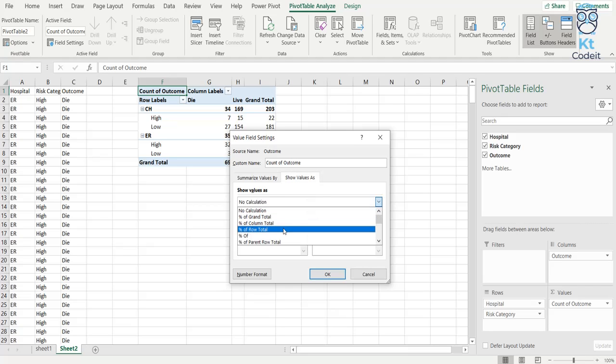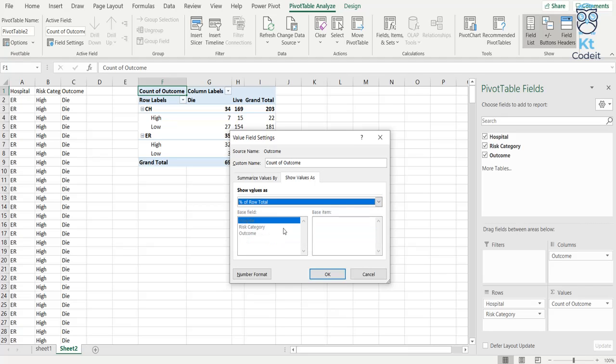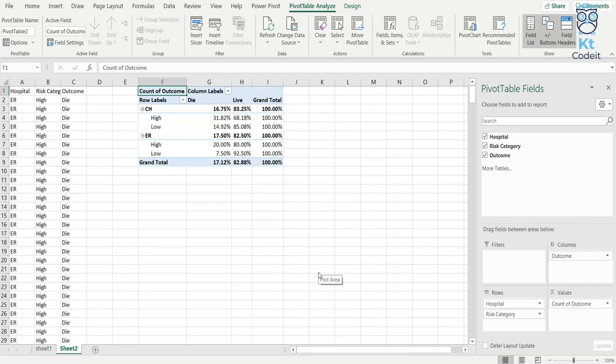So show values as percentage of row total. So now you can see it's showing these values in terms of percentage, like how many percent of people died or lived in each kind of category, whether in high risk or low risk, or whether in CH or ER.